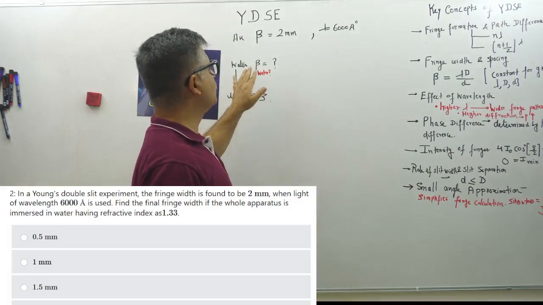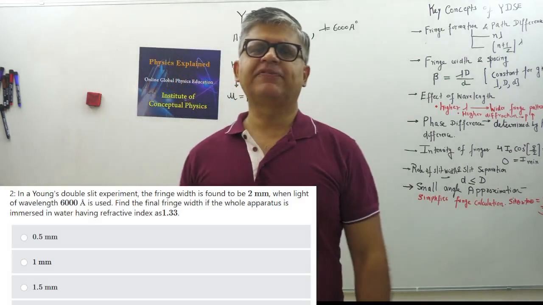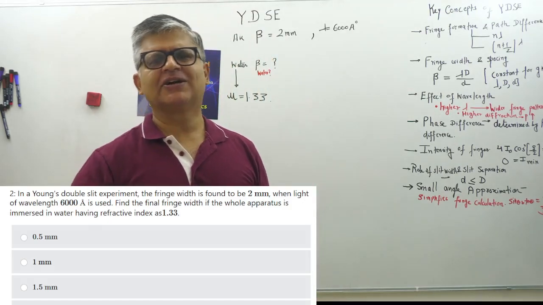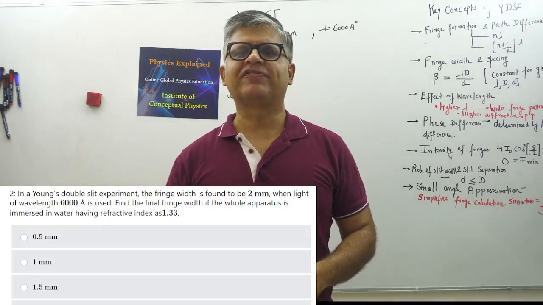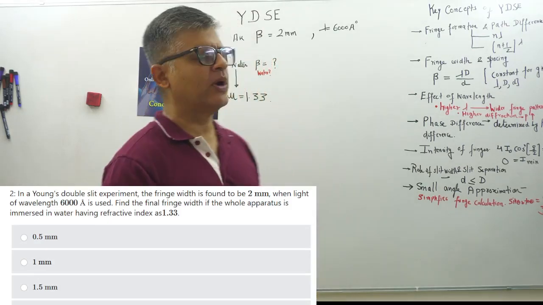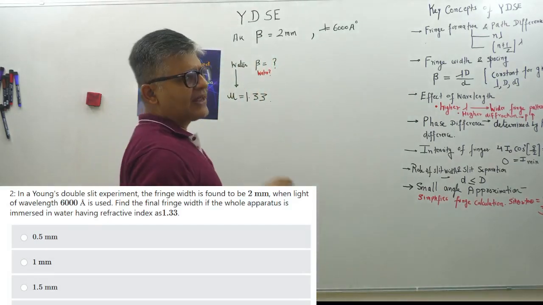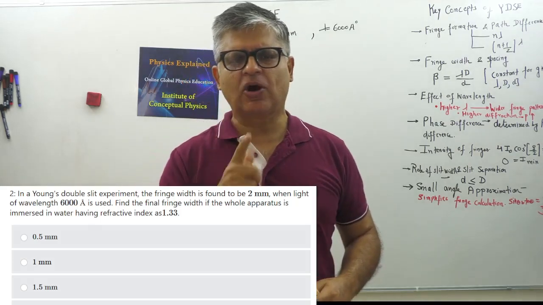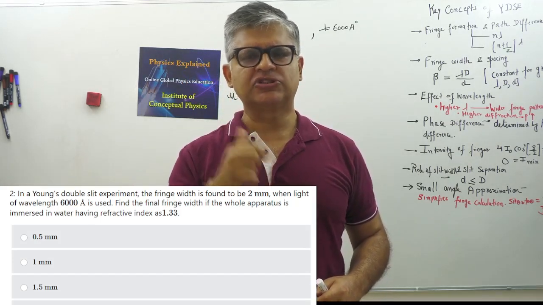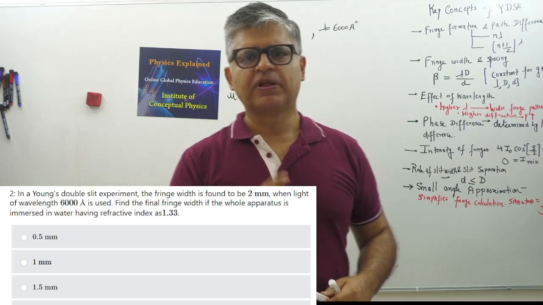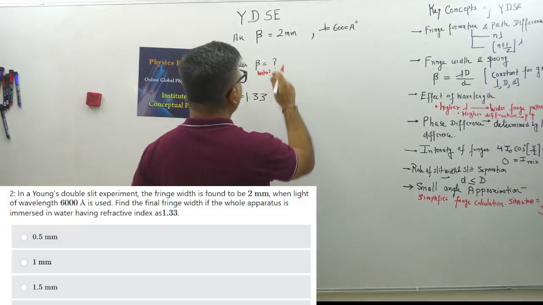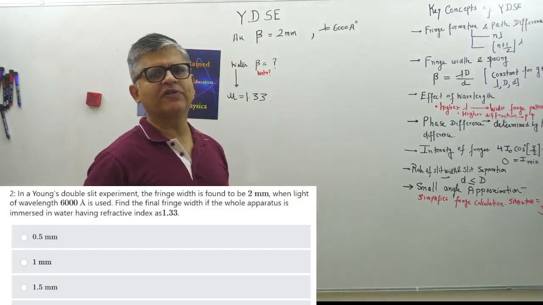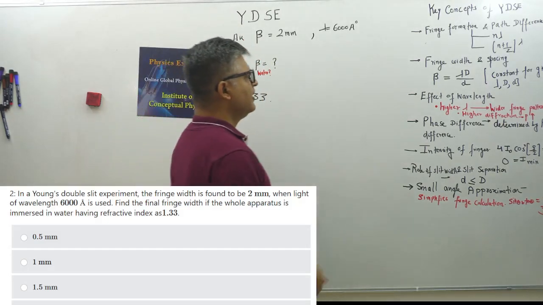What are you supposed to do? You're supposed to calculate the fringe width when the whole experiment is immersed in water or some material of refractive index 1.33. It's a liquid. Now let's see what happens, and listen to this video till the end because I'm going to tell you a key concept in the end, which is not part of the question. So listen through. Once you immerse the whole experiment in a liquid of refractive index 1.33,